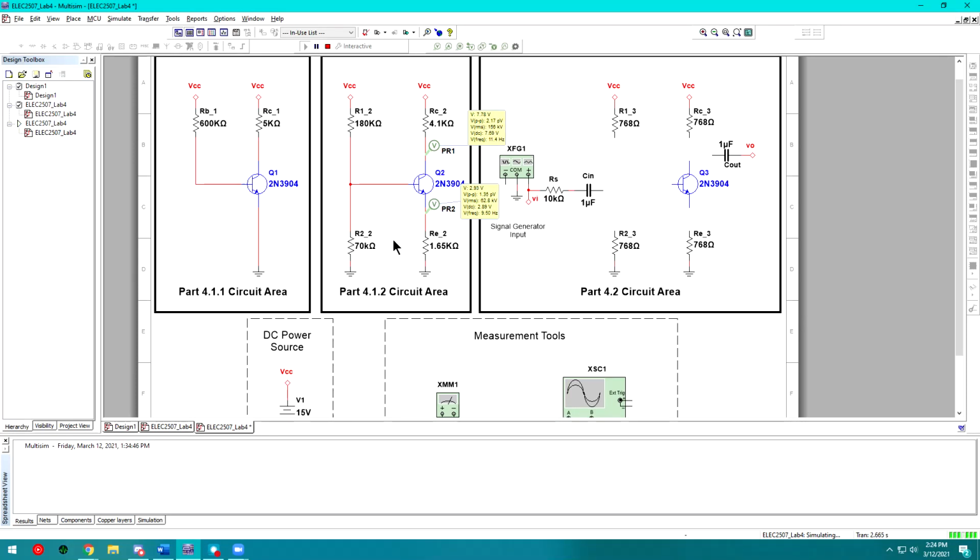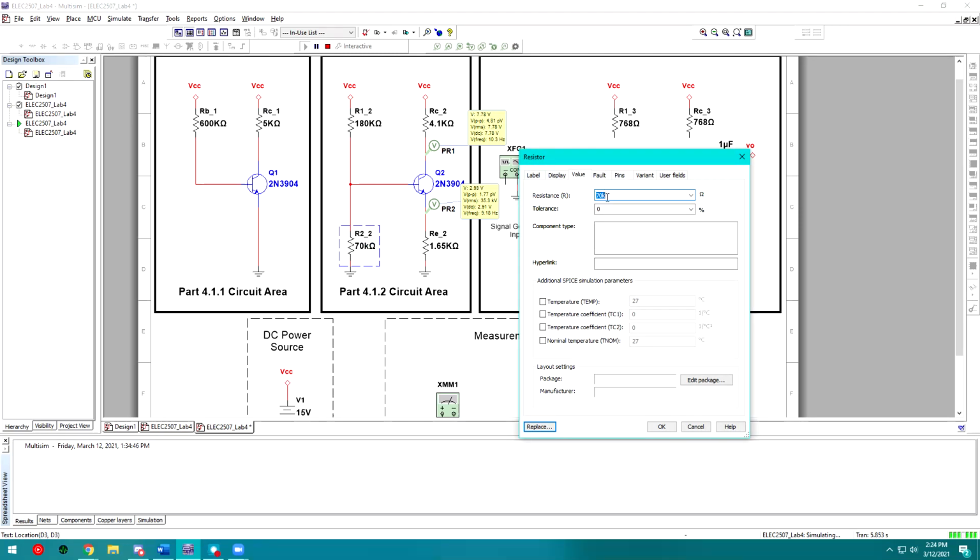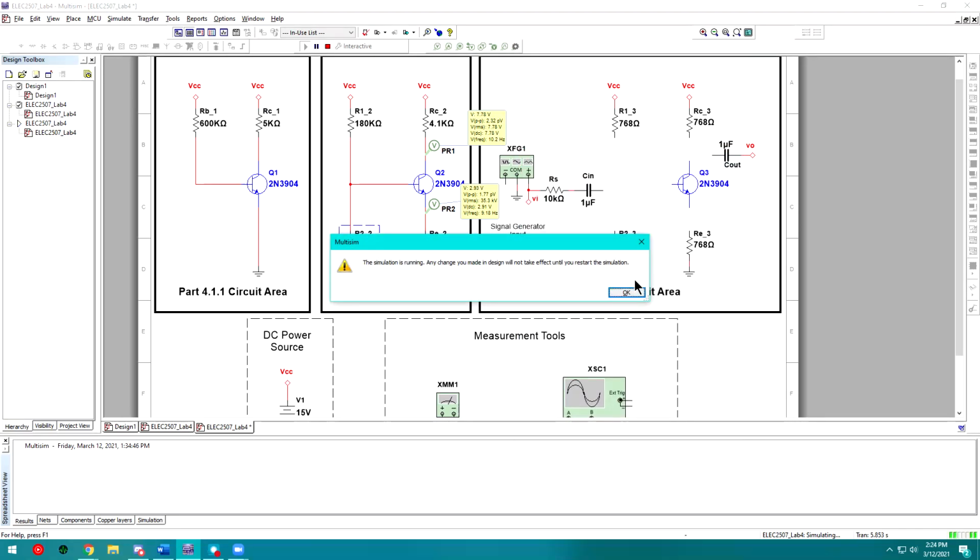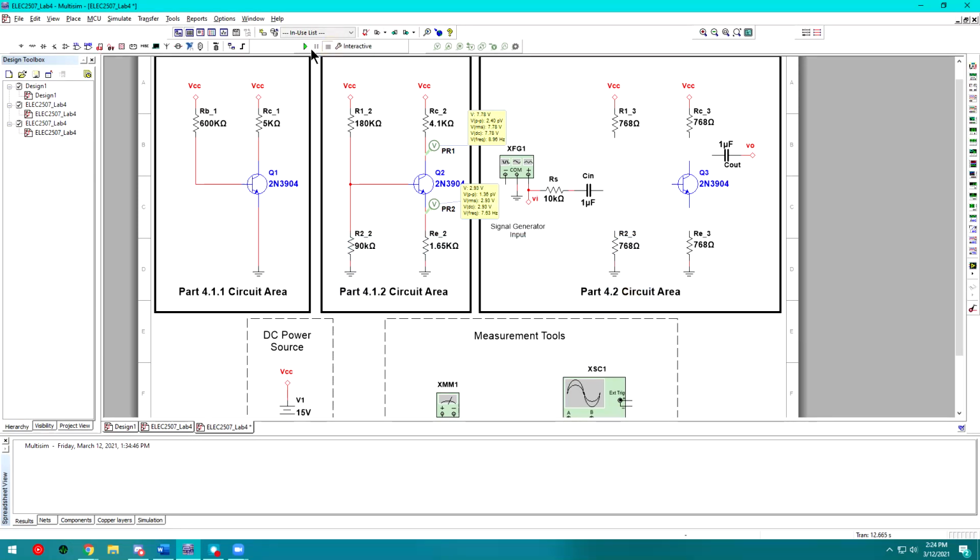That looks a little better. Looks like the voltage is rising on this node, right? So let's go up to 90K. And now I'm exactly around 3.3 volts. Okay, so I have 3.3 volts, and I have almost exactly 3 volts between this node and this node, which